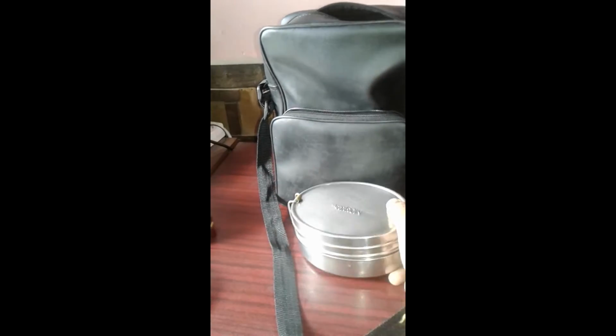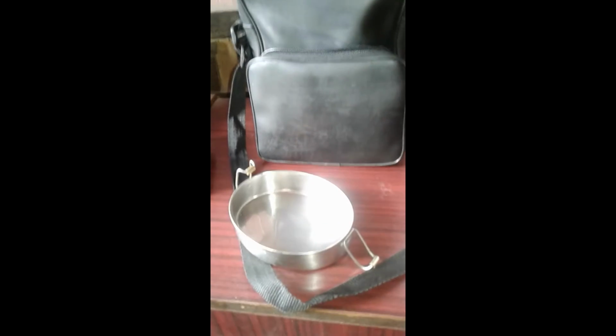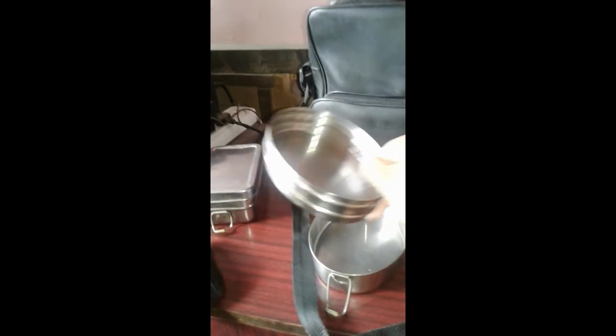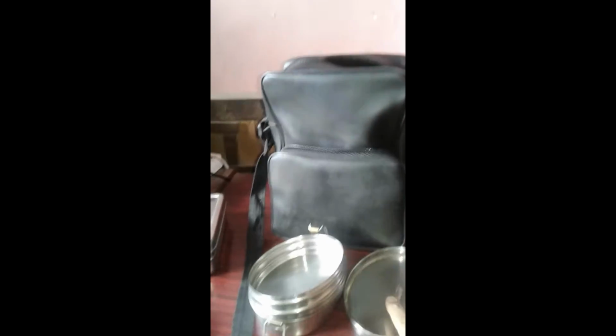Here is a second lunch box. This is breakfast, this is lunch. This is a 2-layer box, see, so it is a 2-layer. So vegetable and roti or bread. And last but not least,